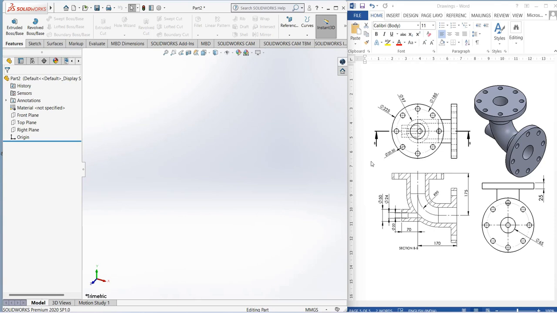So today you can see here we have this model and we will try to make it on SolidWorks. So let's get started. You already know what we will need to do. This is our 3D view, and this is the top view. This is the side view. This will be our front view, or you can say it is the side view, or